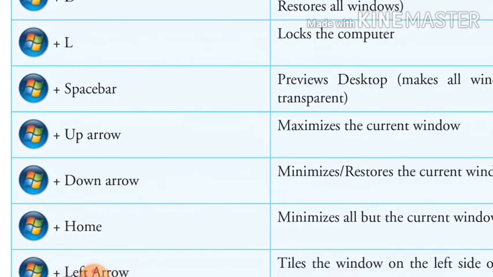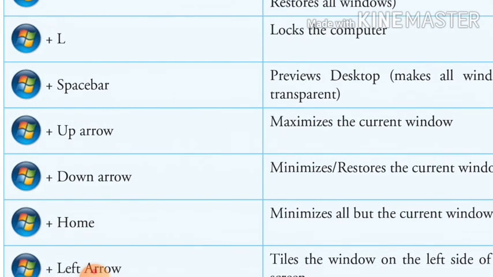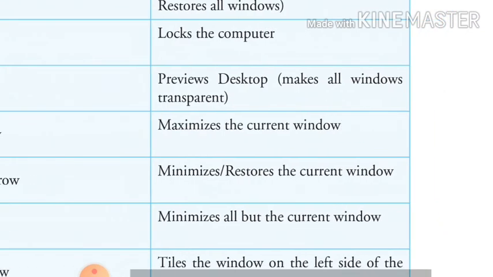Windows plus space bar. Once you press Windows plus space bar, it previews the desktop, meaning it makes all windows transparent.